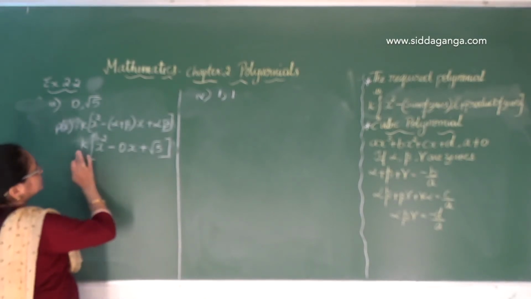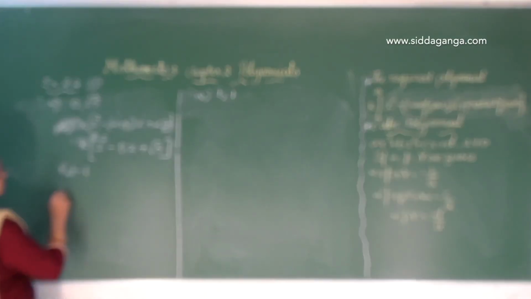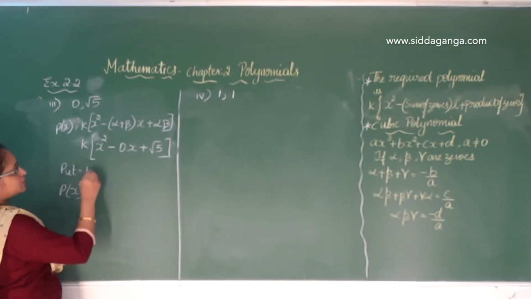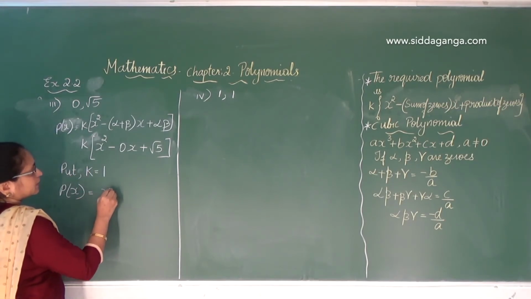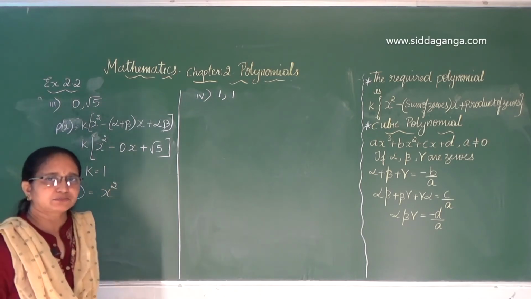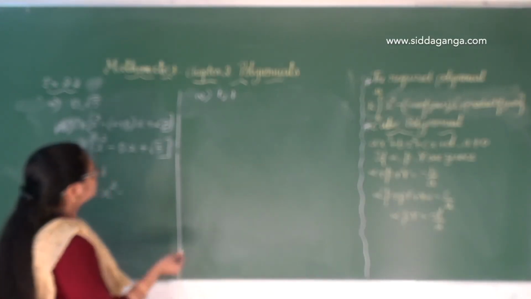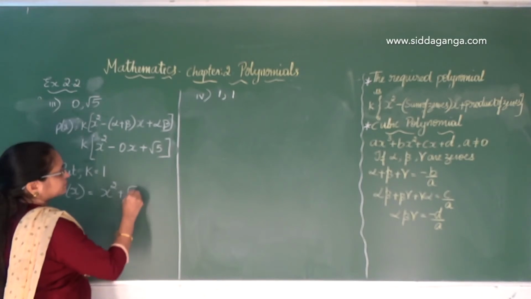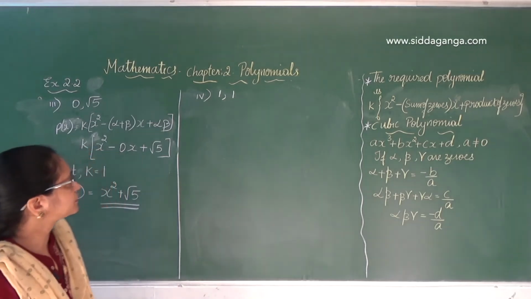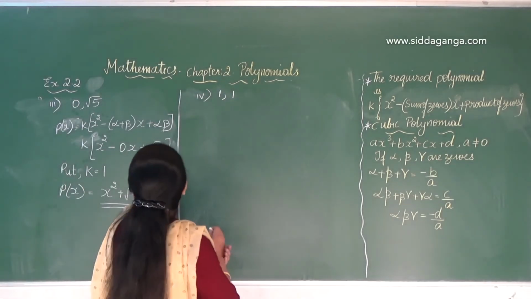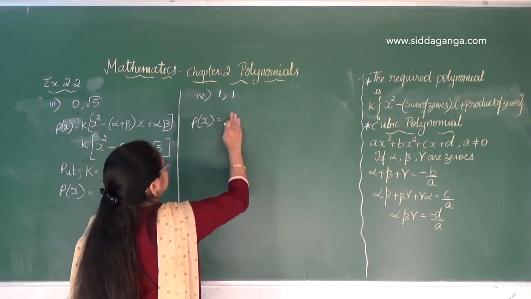Now, here k, if you put k is equal to 1, we need not worry because there is no LCM. So, put k is equal to 1. So, the required polynomial is x square minus 0 into x, which is 0. So, only constant. So, x square plus root 5 is the answer. Now, for this fourth one, p of x is equal to k into